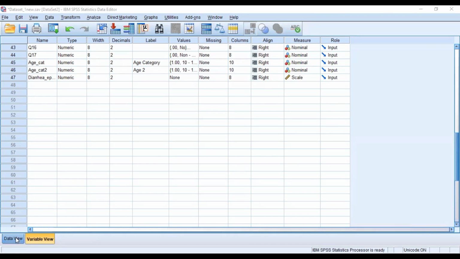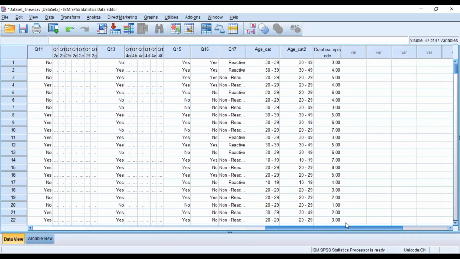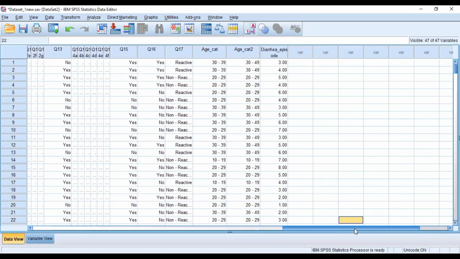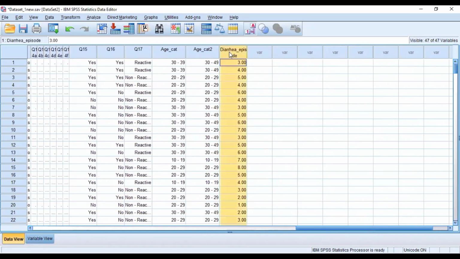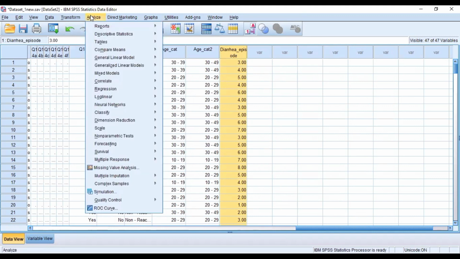So without wasting much time, this is a dummy data set about pregnant women in a particular geographical jurisdiction. And we are looking at the number of times they have episodes of diarrhea during their periods of pregnancy of 9 months. And so we're going to see what we can do by going to analyze. First of all, diarrhea episode during the period is a count outcome, and so it's suitable for us to use for a Poisson. Now, to run that, we'll go to generalized linear models, and then we'll click on generalized